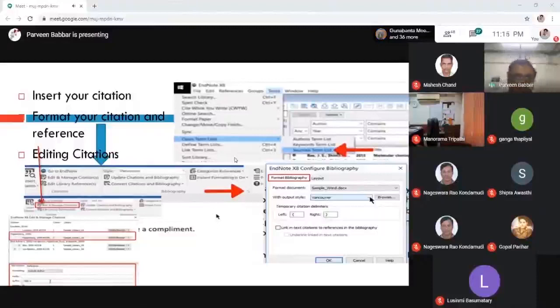Here, a good thing about EndNote citations, which is lacking in other software, is the editing of citations. You can edit according to your citation style.